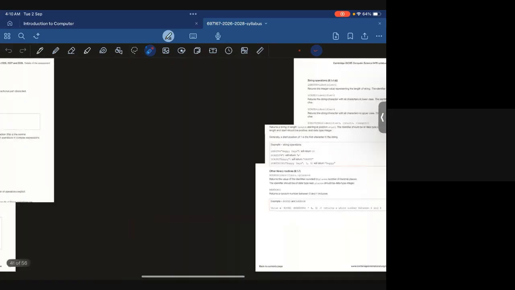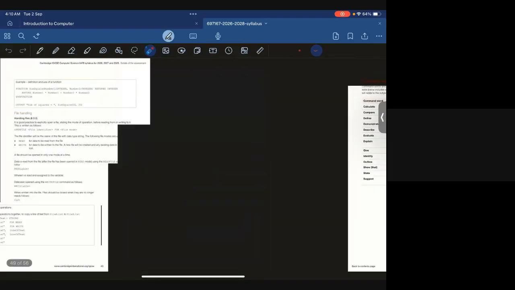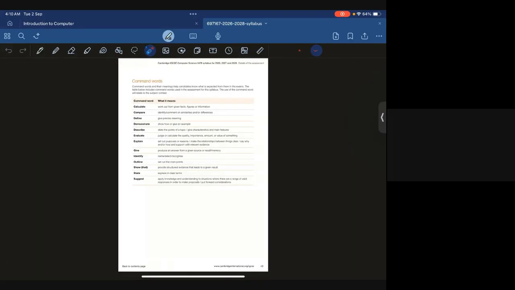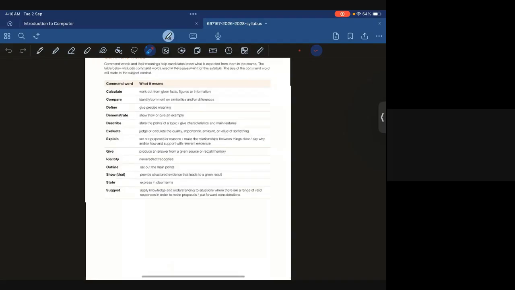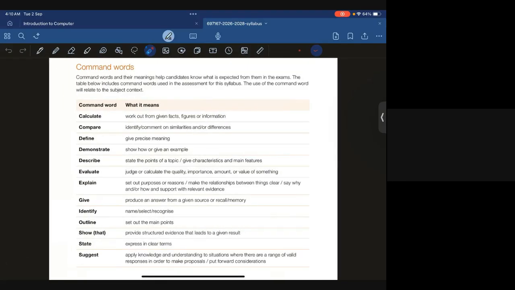One major thing that normally I feel is an important part of every syllabus that you study, but many students don't even know this exists, is known as command words. Command words are those keywords in which the examiner is asking a certain question with a certain perspective. Like, if you get a question, define RAM,